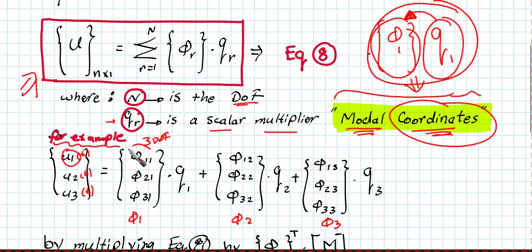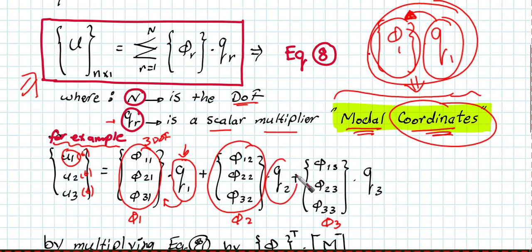And then each mode shape is going to be multiplied by the associated scalar multiplier, its associated modal coordinate. Then phi2 is the same. It is going to be multiplied by q2, plus phi3 times q3. Okay, so now I think the question that is going to pop up in your mind is what are the